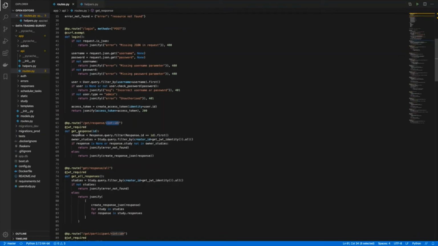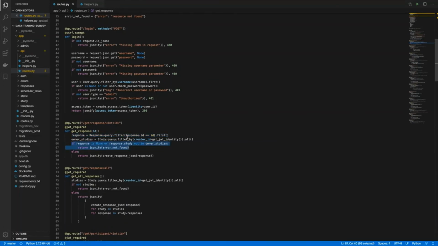The access token is validated as discussed previously, and the actual response is requested from the database, and checked to see whether the response is part of a study the administrator has created previously.